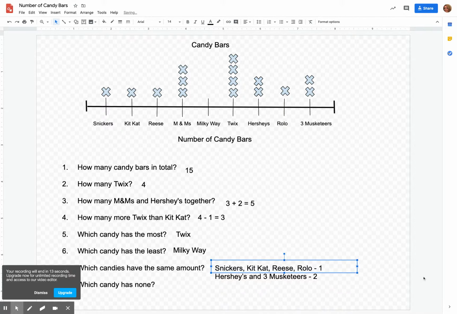Okay, and the last one is, which candy has none, which we've talked about. And that would be